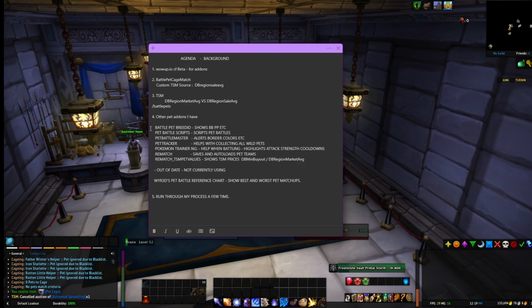My little checklist. I'm not going through this, but most people use DB region market average, and I use DB region sale average. And I have some operations that care about this price more than this price. So the point of it is, this thing is often way higher than this one. So I buy my pets at 50% off the average sale price. I don't buy it at 50% off the region market average, because these things are sometimes so high and